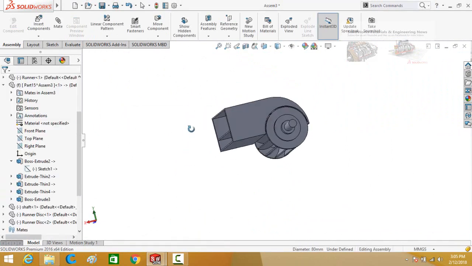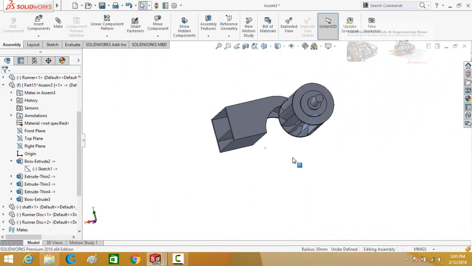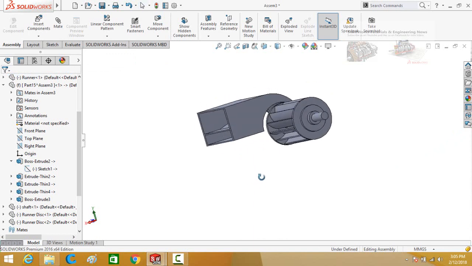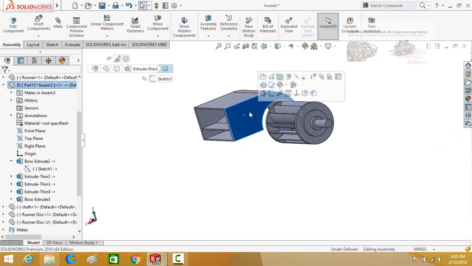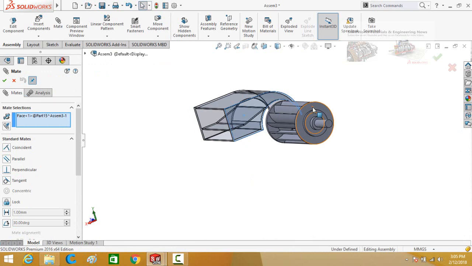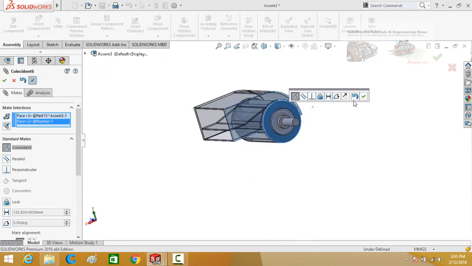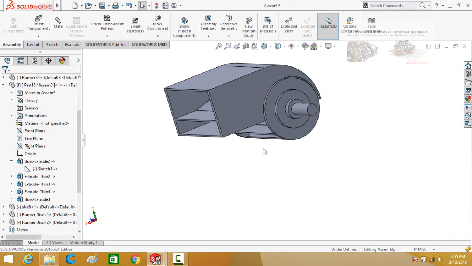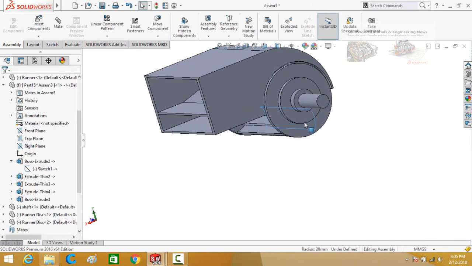Now try to rotate it. So it is rotating. Now we have to create one more mate. Click on this face and select mate and then select this face of runner. Now it is fully defined. Now rotate it. So it is working now.